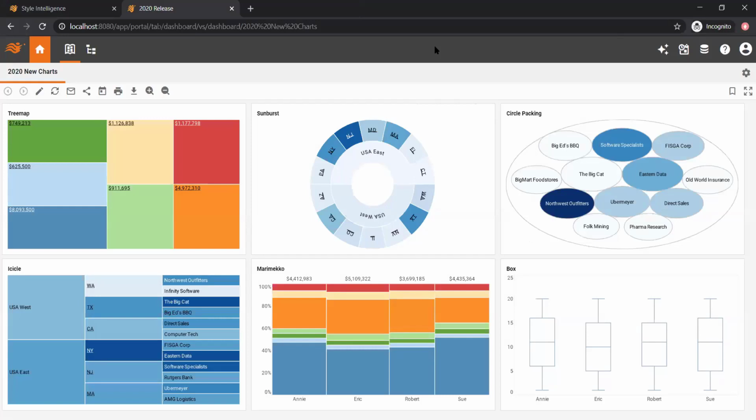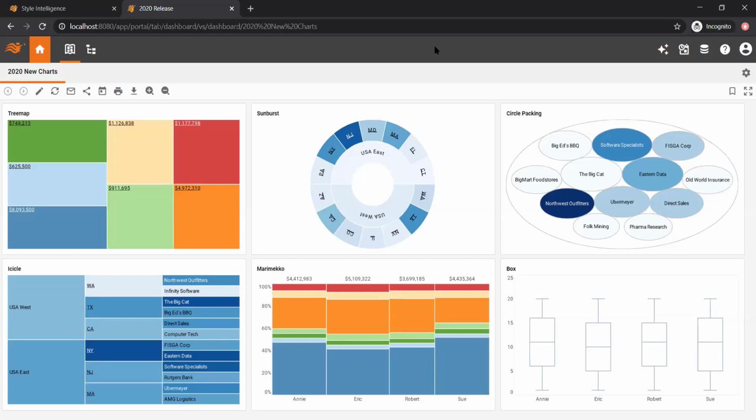Now, as always, different actions that you can do in the user portal can be controlled through security. So if you choose to not empower the users to do things like design dashboards or create ad hoc reports, or if you are, say, a dashboard-only or report-only user, obviously certain features might not pertain to your particular implementation. But just to go over some of the new things, as introduced, we do have 6 new